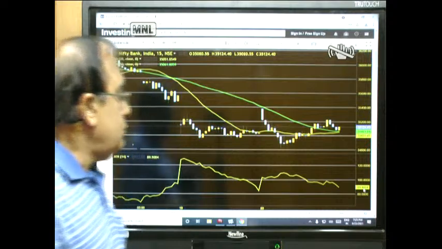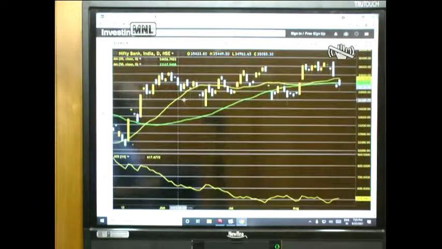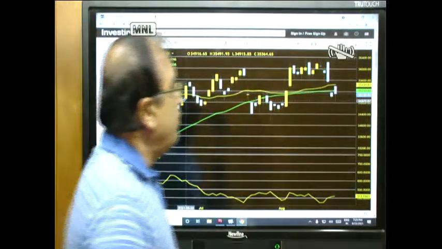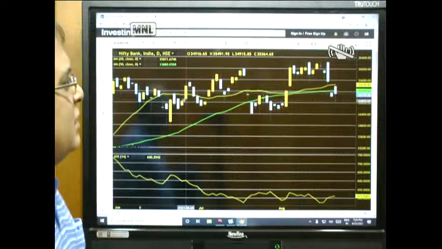So this is Bank Nifty for you. Okay, so this is a 15 minutes chart. Now we will look at the hourly chart or daily chart first. Now daily chart in a way confirms it. If you look at it, the daily chart